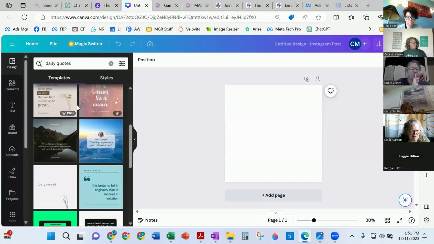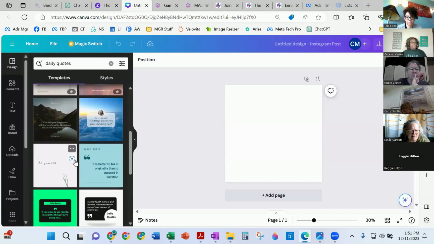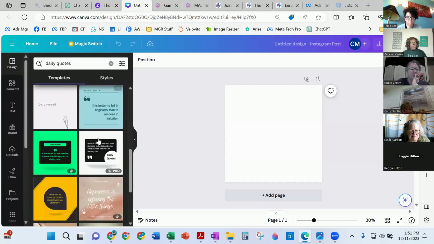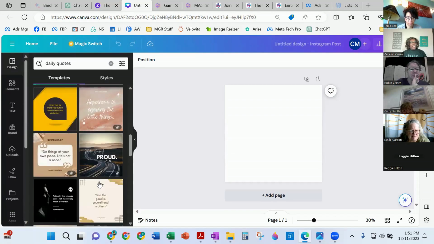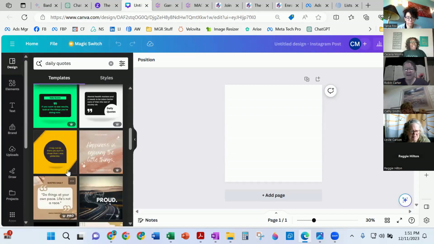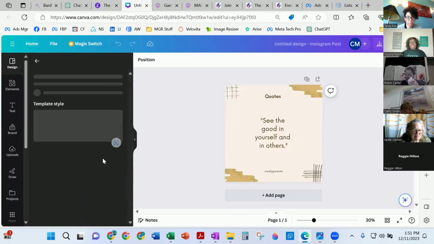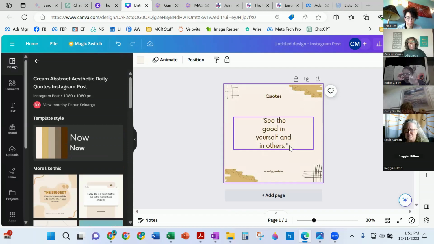And if you have the free version of Canva, then you won't be able to use the ones that say pro. Look, I'm not going to let my OCD get the better of me, I promise. I can't help myself sometimes. All right, let me just pick one because if not, I'm going to get stuck trying to find the right one. All right, so here is the design that I want to use.